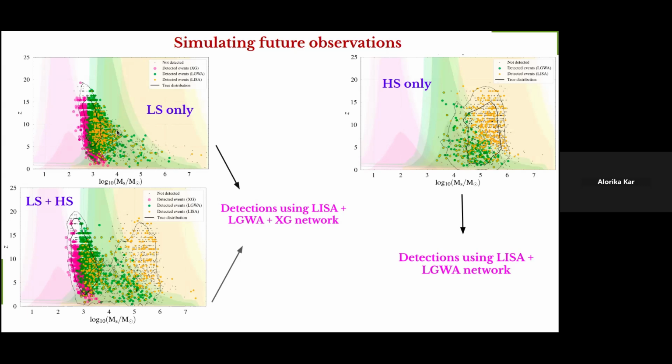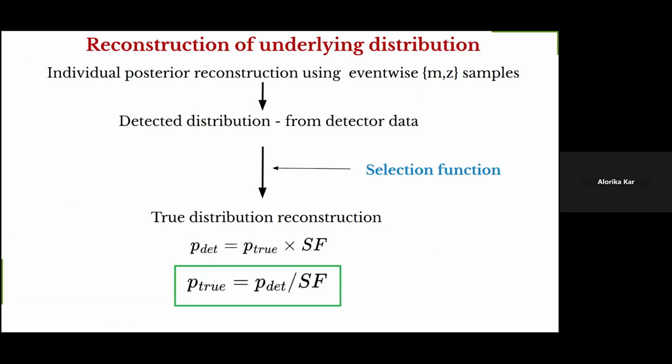If you use just a single one of them or two of them, you are not able to get the information from the full distribution. So you need a full network of detectors to get the full information from your underlying distribution. So now, once we have that simulated data and the selection function, our goal is to go back to